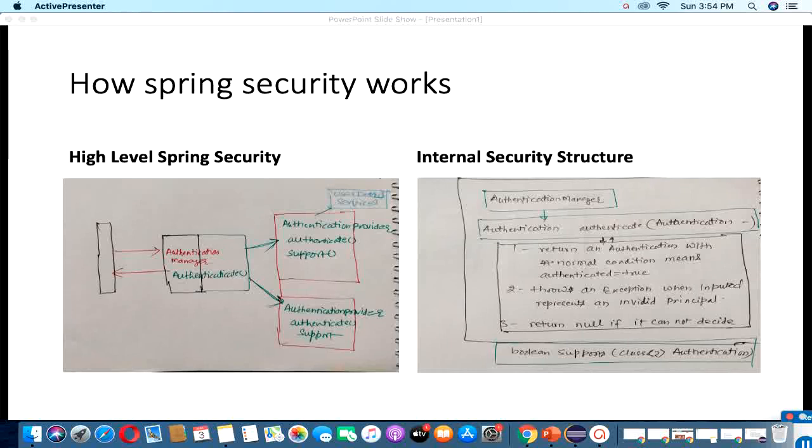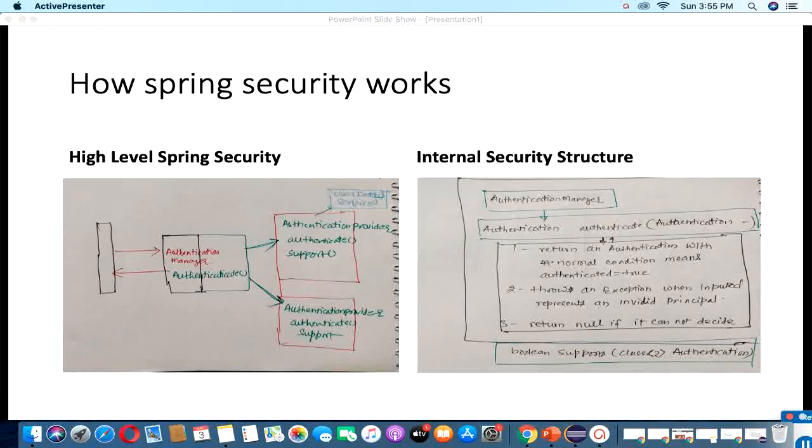Once it is matched, then it will store the information in the user details service and send it back to the authentication manager, and the authentication manager sends the user details to the filter. The filter checks that everything is fine, then it will create one session along with the current running threads and store all the information in that session. If authentication fails, then it will show the response to the browser or client.